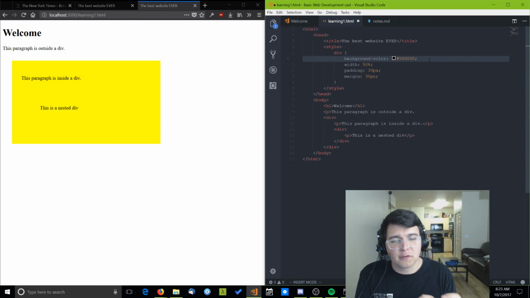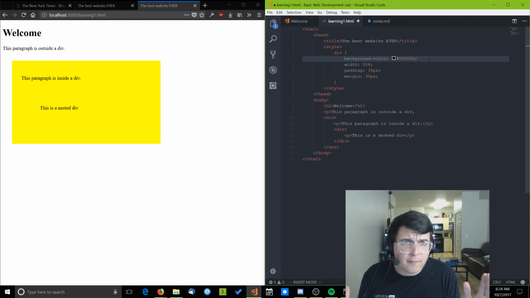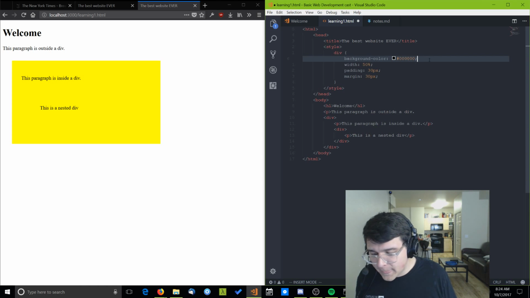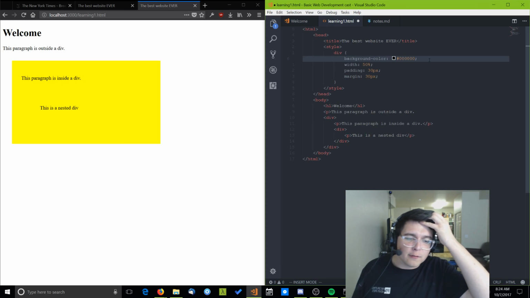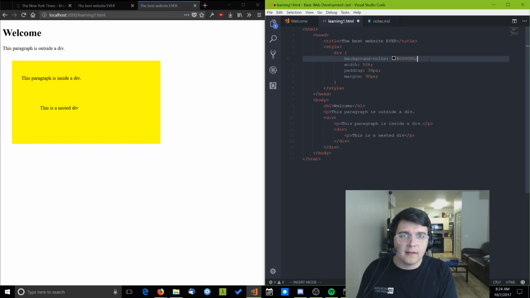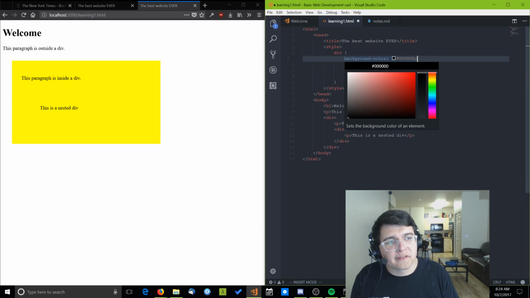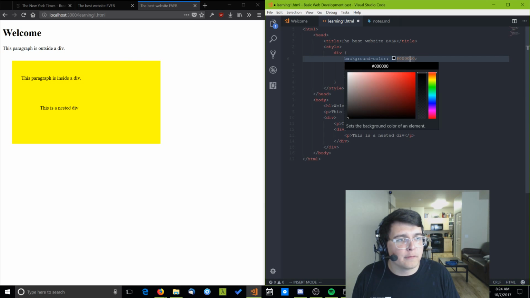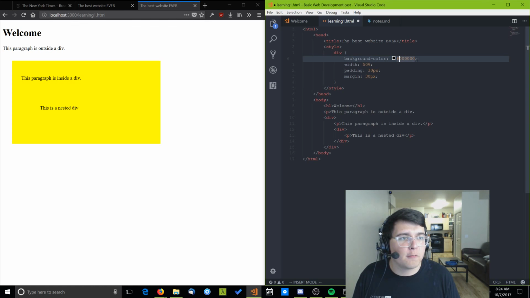They're hexadecimal numbers, which means if we're talking about standard numbers, our normal number system goes 0 through 9, which is 10. It's base 10. But hexadecimal numbers go 0 through 15. There are 16 options. So the way we represent that is 0 through 9, and then A through F. So 9 is 9, 10 is A, 11 is B, etc. These hex codes have 2 values for red, 2 values for green, and 2 values for blue, 0 through 9, A through F. So if I wanted something white,